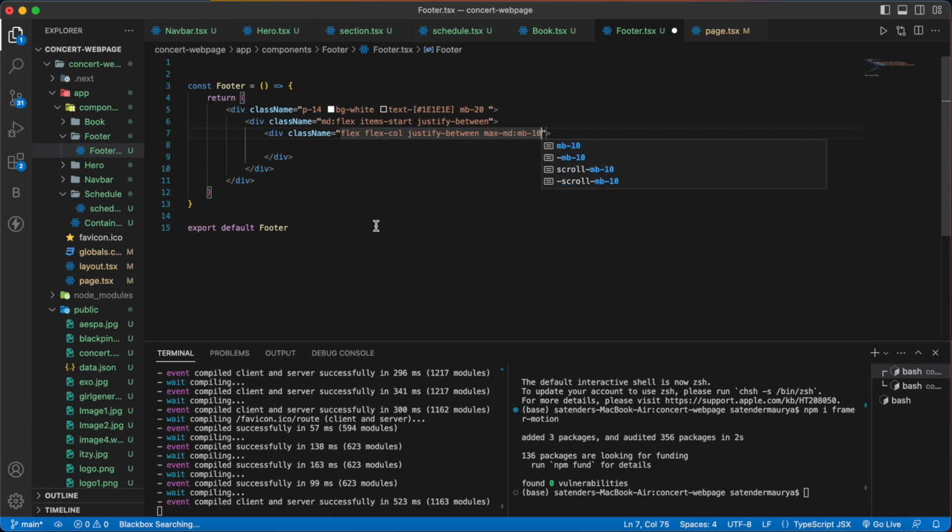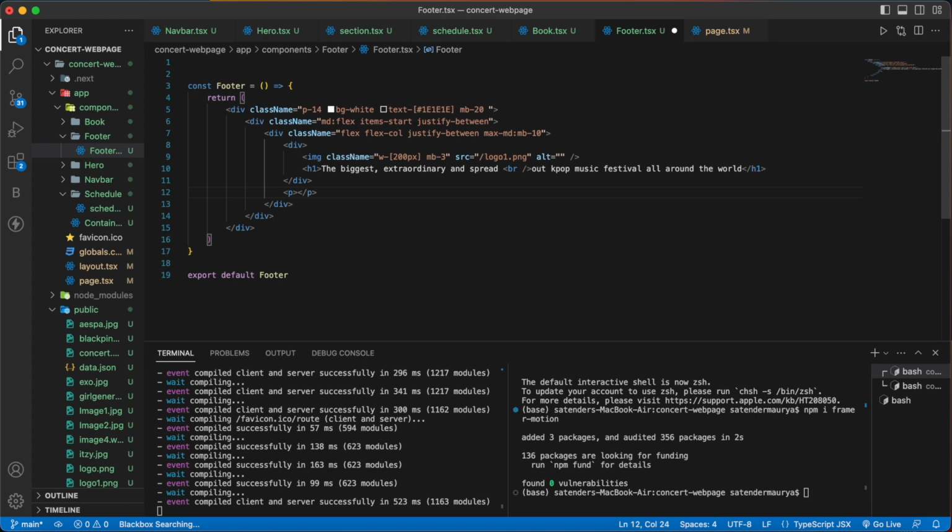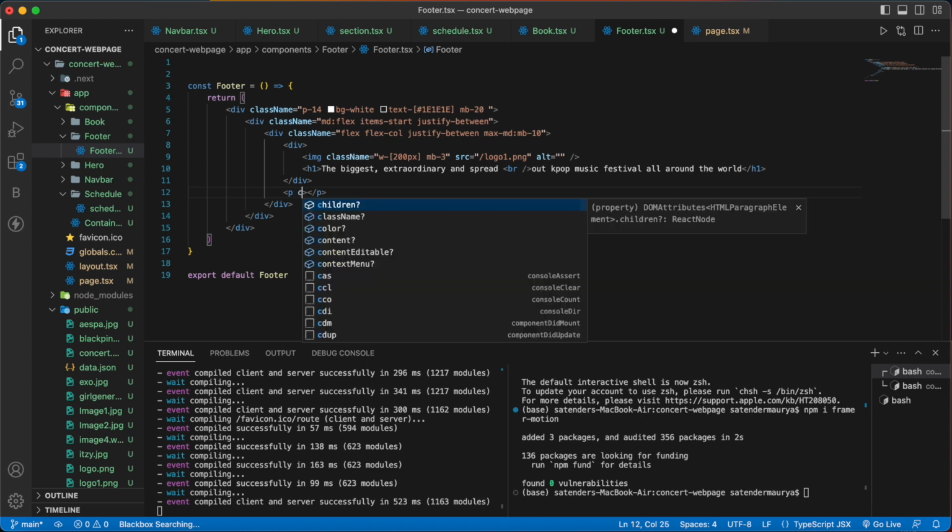mb-10, and then we'll have one more div, and inside that we'll have an image. Let's add a class name here. This will be of width 200 pixels and then margin bottom of 3. And let's give a source here which is logo1.png, and below that we'll have an h1 tag, and outside this we will have a paragraph tag of class name